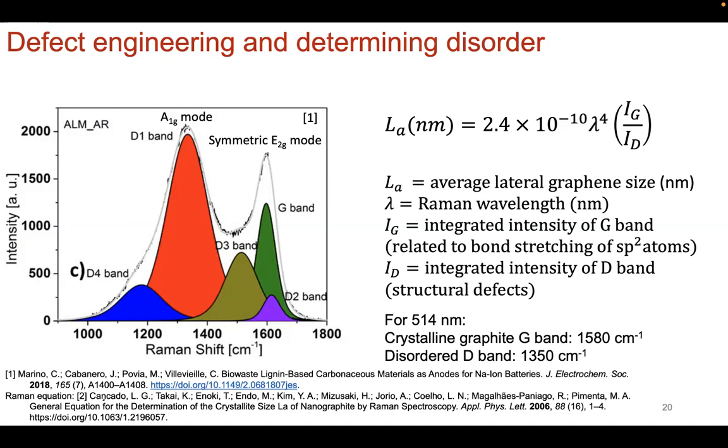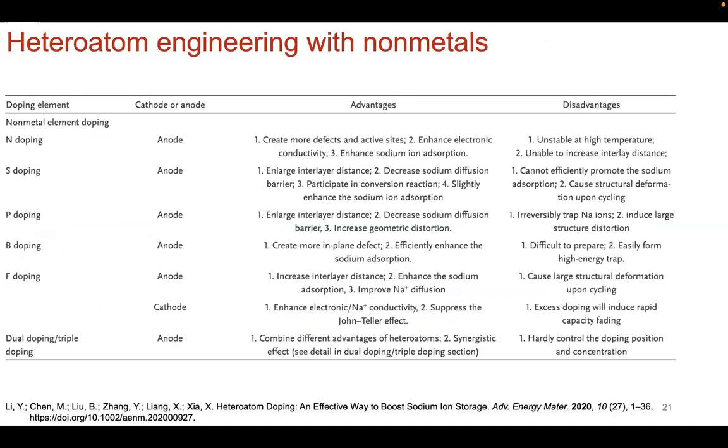But these materials are so highly disordered that lumping them all under D versus G band is sufficient for making general conclusions about how you treat the material and how it performs electrochemically. And you can do that. You can track what happens to the disorder, what happens to the electrochemical performance with all of these